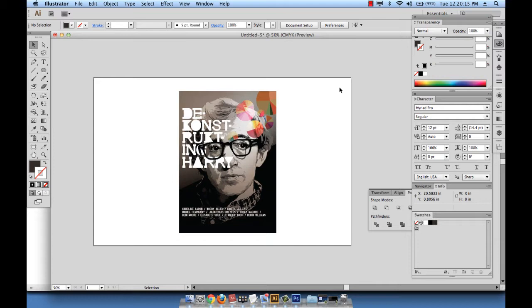What you see here is a movie poster of a Woody Allen film called Deconstructing Harry, and our assignment is going to be basically reproducing this poster that we actually didn't design, somebody else did. I found it online, and we're going to reproduce this design to the best of our abilities. Obviously, at this stage of Illustrator, we're quite advanced, but not enough yet, so we'll do as much as we